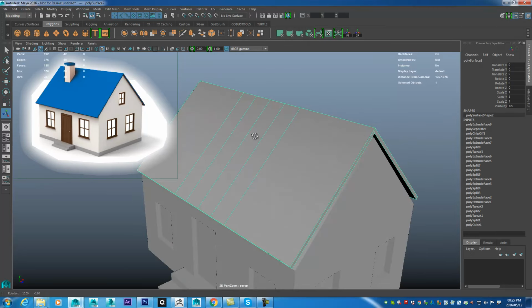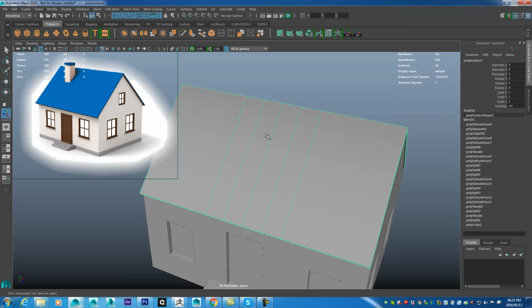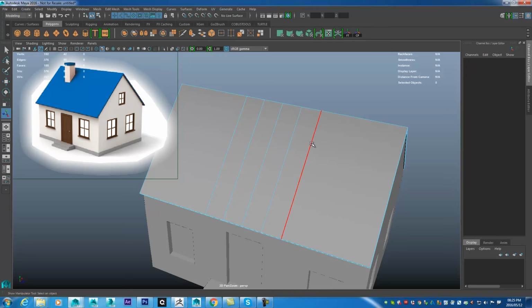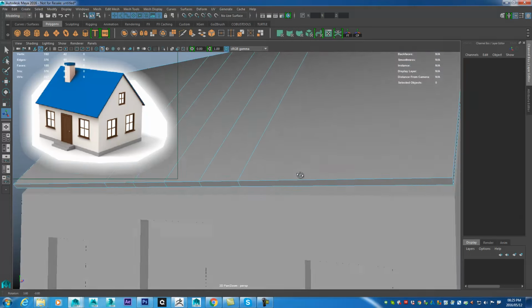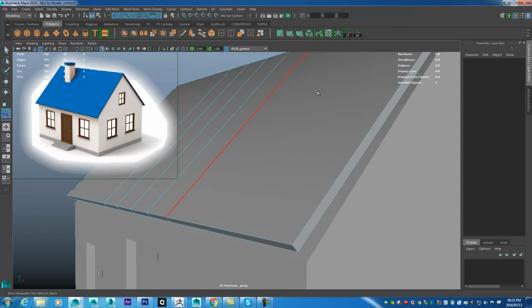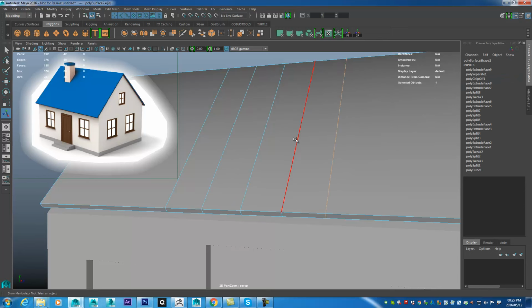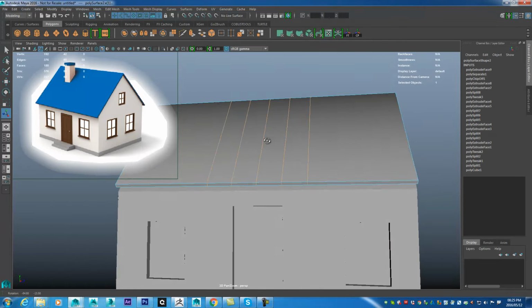So how you remove components if you've applied them is to go to the component mode that you want to remove. Usually it's going to be edge mode. You can't really delete vertices if they're already connected to other edges. So you need to go to edge mode, and this time I know that this is a loop going all the way around, because when you do an extrusion it actually keeps the connection from all sides. So if I were to double click on each of these loops, holding down shift obviously to add to the selection, I would easily be able to add them all to my selection. And then I need to delete